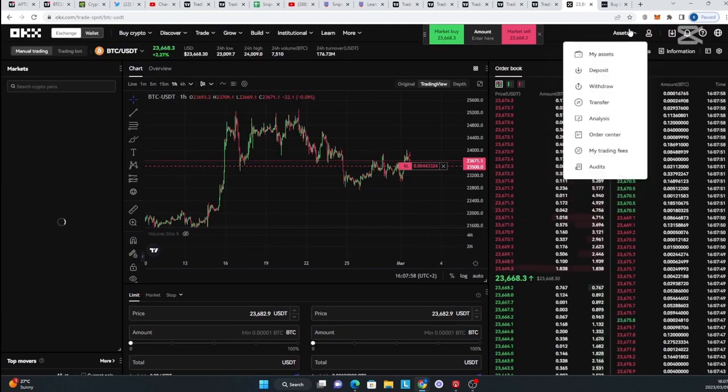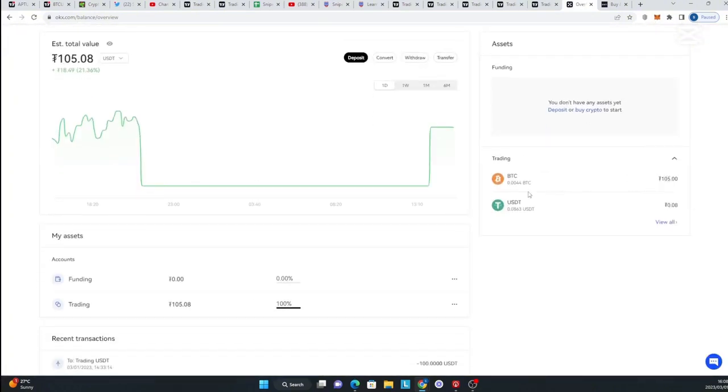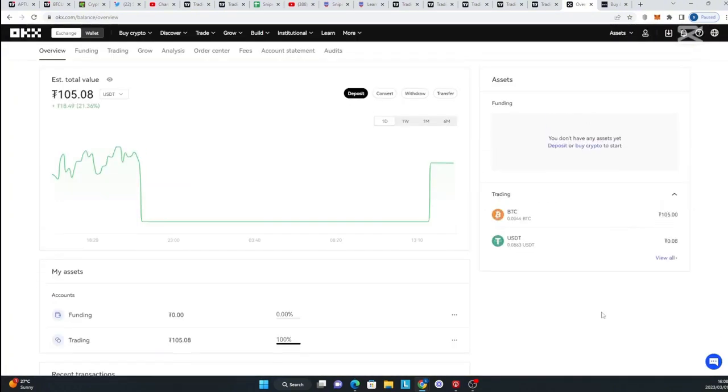Now, if you go back to assets, I've now bought Bitcoin, right? So if I go to my assets column, you can now see that now in your trading accounts, I have Bitcoin. So you're always able to track and see what tokens you have, and it